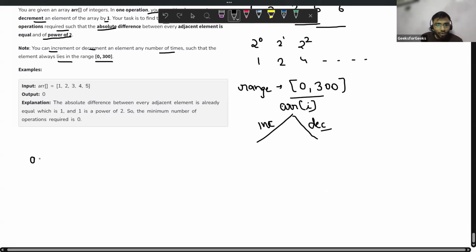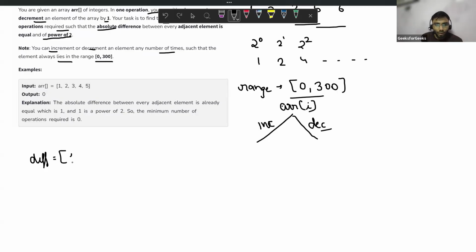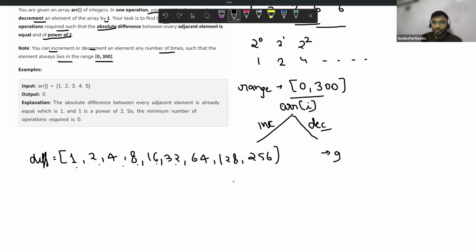What are the possible values of difference? 1, 2, 4, 8, 16, 32, all the powers of 2 till 300, 64, 128, and I guess 256. Then you can count the number of elements: 1, 2, 3, 4, 5, 6, 7, 8, 9. So the size is 9.